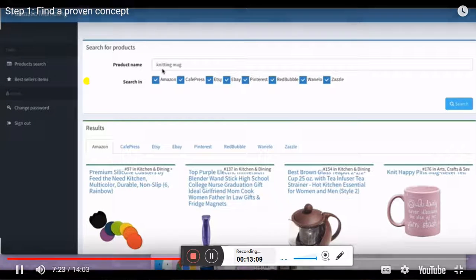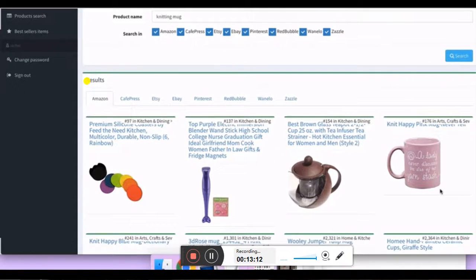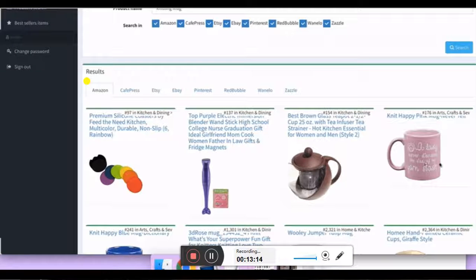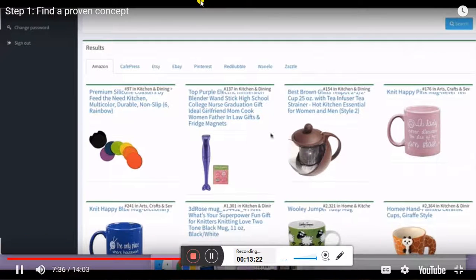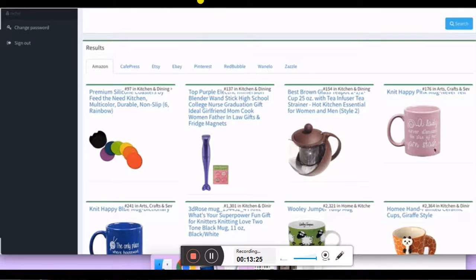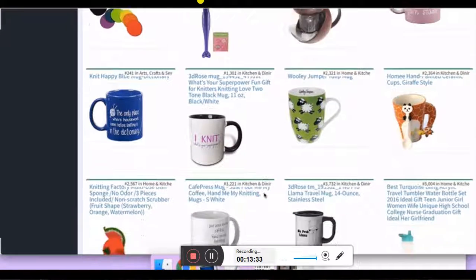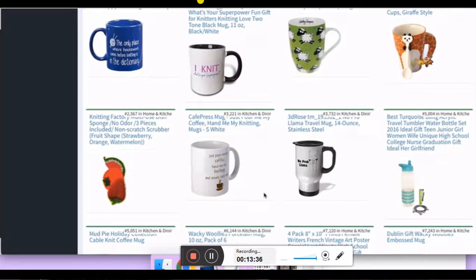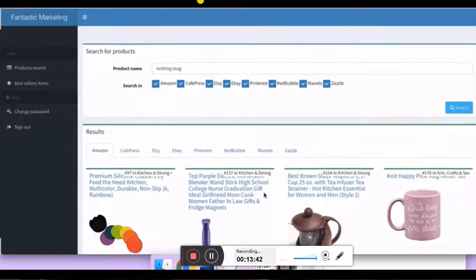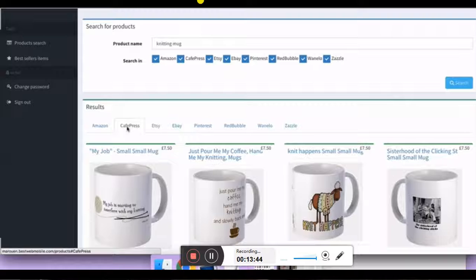For example, when I do knitting mug and I go onto Amazon, I see this one, a lady never discusses the size of her yarn stash, mostly all text-based. You can see it's number 176 in arts, crafts, and sewing, which is a really good ranking. Now some of these don't make complete sense, but this one is a really good one for that. The only place where housework comes before knitting is in the dictionary. I knit, what's your superpower? All really good text-based designs here. These are super, super simple, and we could come up with very slight variations and make a lot of passive sales. Cafe Press is the only one here that actually doesn't give us data in terms of what's selling,